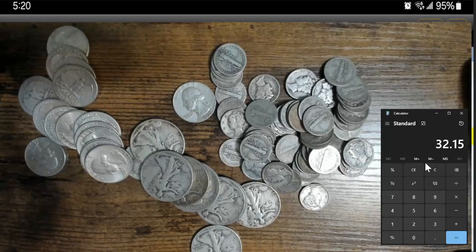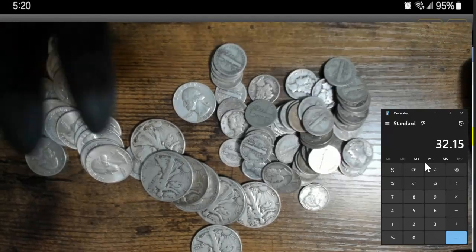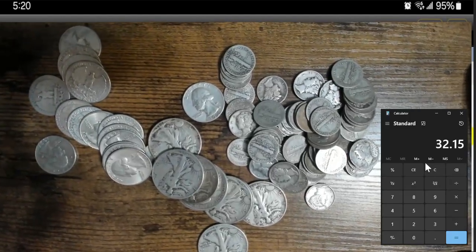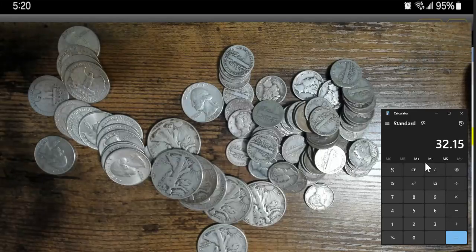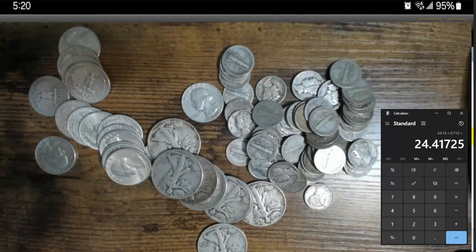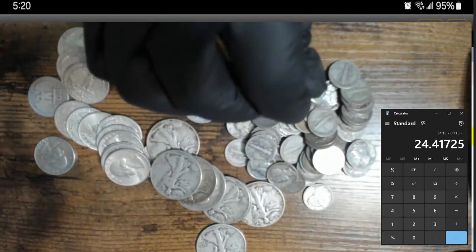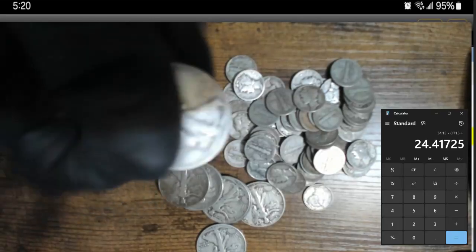My next favorite thing to stack is constitutional silver. Some people call it junk. I just call it constitutional. What makes it really cool is the constitutional silver, it was in circulation. So most people charge spot plus $2 is how we're going to do it. So that's going to put you spot, and then you're going to add $2 to it, and that's going to put you at $34.15 an ounce, and then you multiply that number by 0.715, and that's going to give you the multiplier times face. So that means if you're going to buy a dime, it's going to be $2.44. If you're going to get $1 worth of stuff, right here's $1,